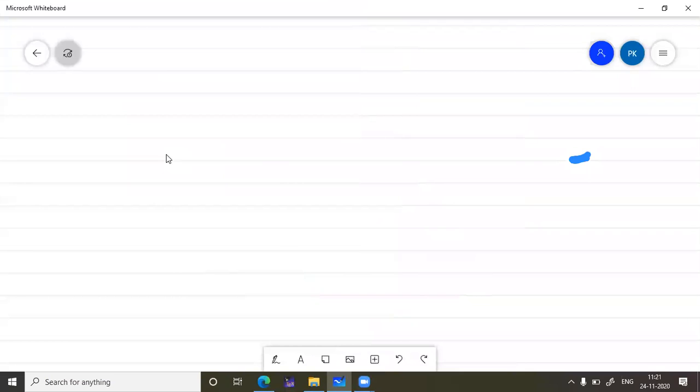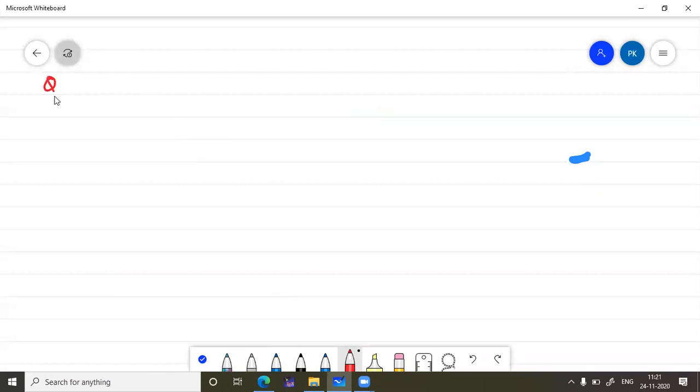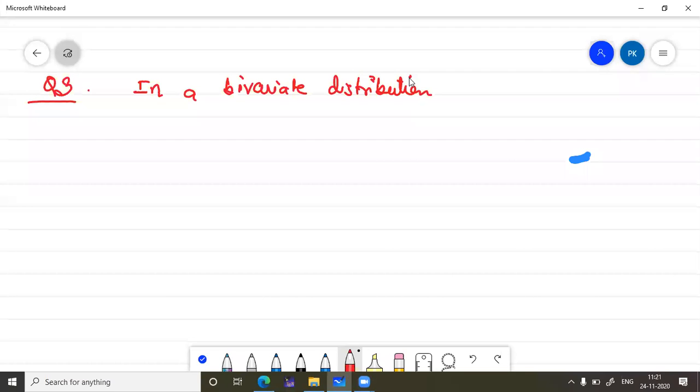Let's see one more problem. Question is, in a bivariate distribution, अभी हम distributions study करेंगे, पढ़े नहीं हैं. It's coming in the next unit. So Spearman's correlation of coefficient is